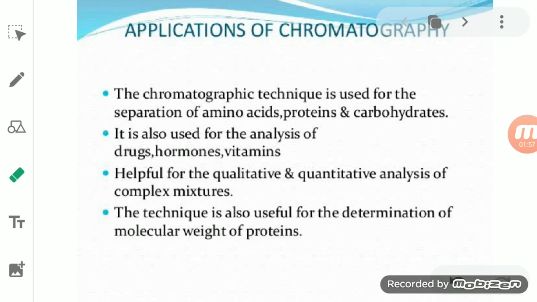Before that, on the chromatography paper, up to 3 centimeters above one end of the filter paper, in the middle of that line, with the help of a capillary tube, we put a small drop of a dye, dry it, and after that keep it in a chromatography jar. When you keep it, the water in the jar starts moving upward, and it takes the dye with it to the upper position of the filter paper.